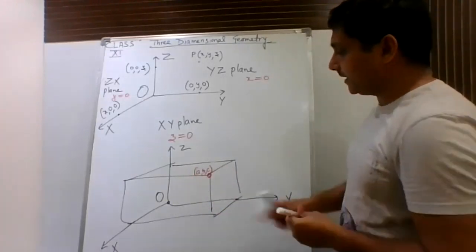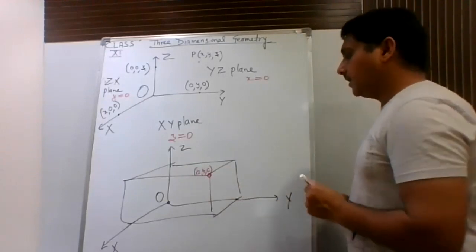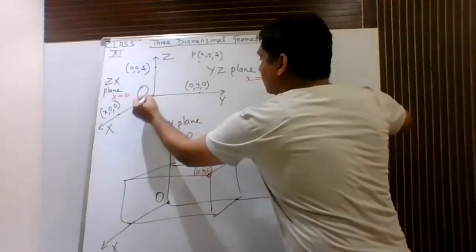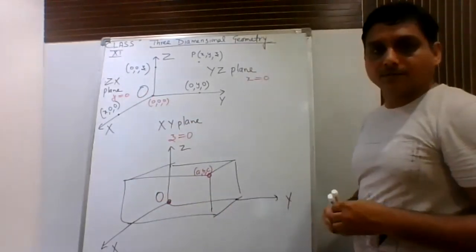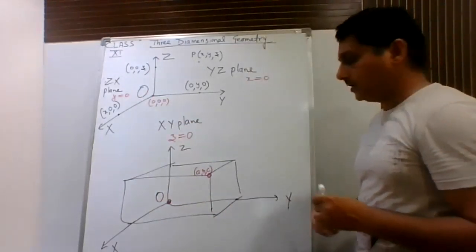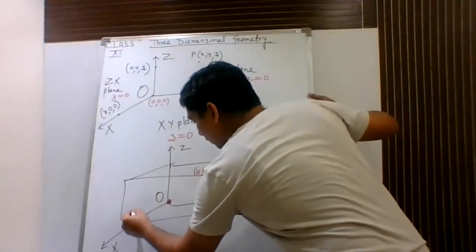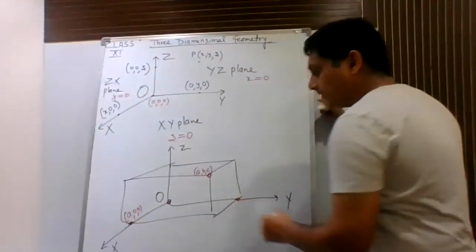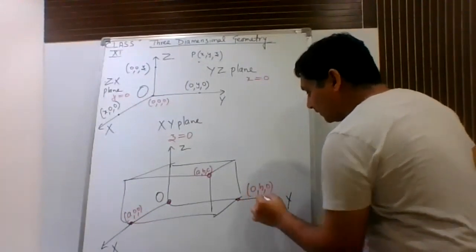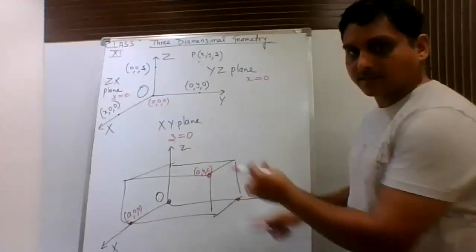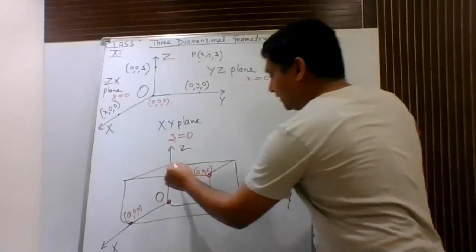now on the basis of this a, b, c, we have to write the remaining coordinates ourselves. Now, how to proceed? Already you know that the coordinates of origin are 0, 0, 0. So this is origin. Coordinate of this point will be 0, 0, 0. Now, this point is lying on the x-axis, so its coordinate will be a, 0, 0. This is lying on the y-axis, so its coordinate will be 0, b, 0. We are taking the reference of this particular point, which is lying in the space. So on the basis of this, we are writing all the remaining vertices.